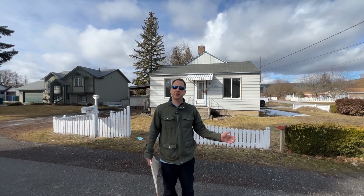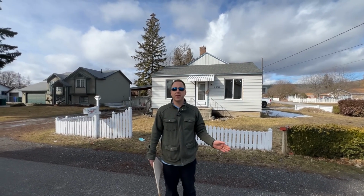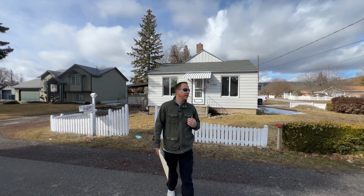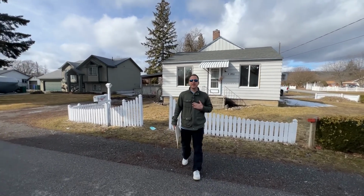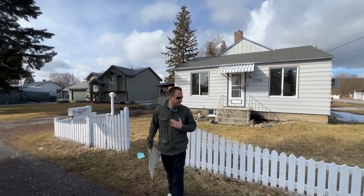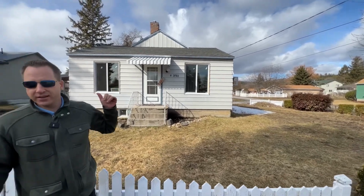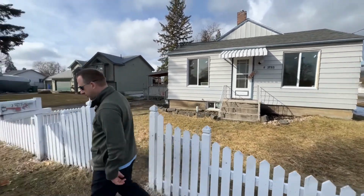The house has been completely remodeled. It's got quartz countertops, full tile backsplash, gas forced air heat, hot water tank, and lots of nice upgrades that they did. We're going to get hit by a truck here, so we'll wait for him. But corner lot, so you got access on the side and the front for entry. And then if you come over here, we'll show you the